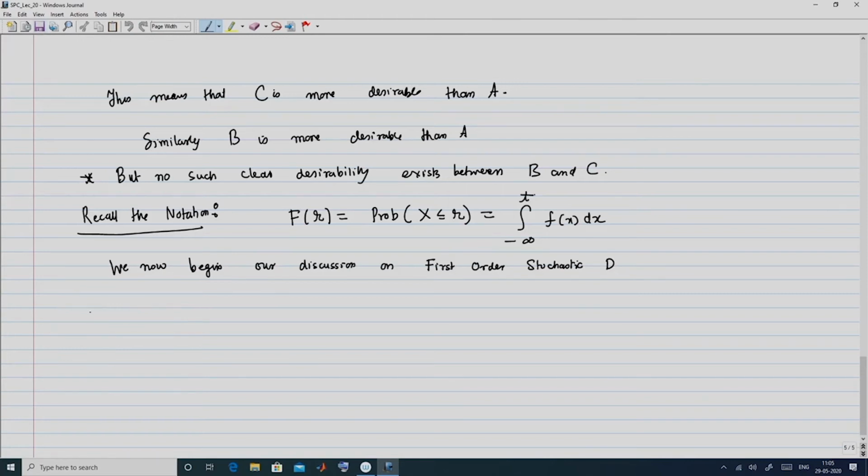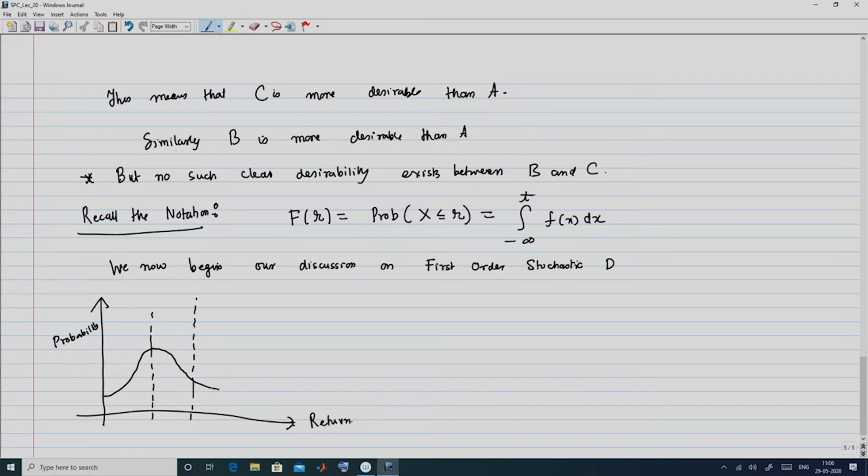Alright, so now what we do is that we are going to look at the graphs of the probability density function. So, we consider first the graph of the probability density function, and on the x axis we have the return and the y axis we have the probability. So, here we have the probability density function of B, and then we have the probability density function of A,